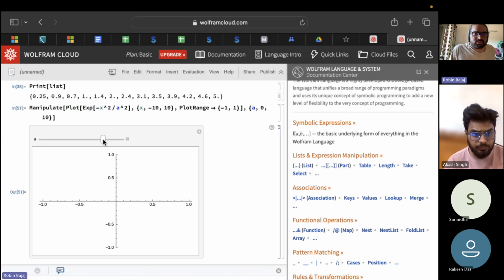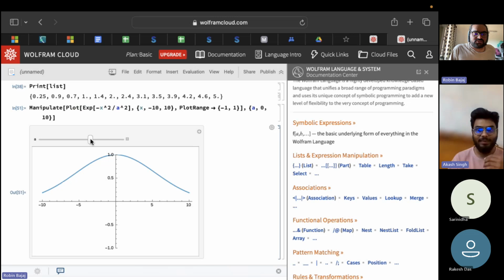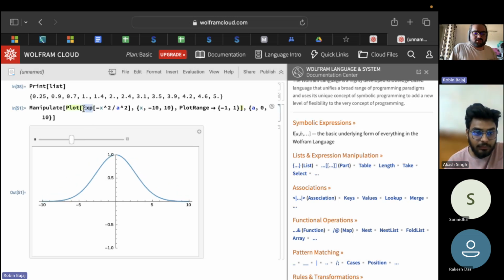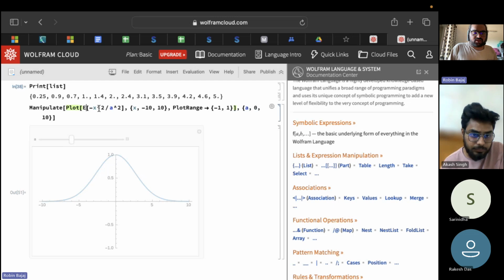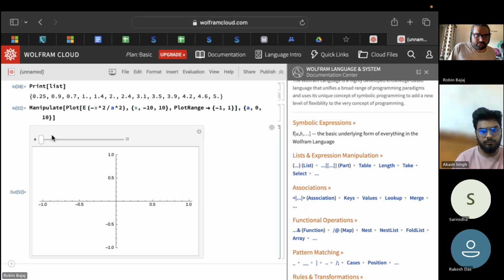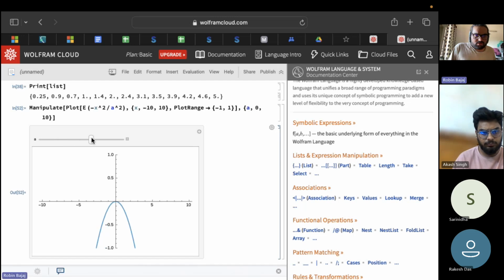Even this is not working. Oh, it was working. Let me change it to E. Why was it not working before? Okay. E should give the same thing, no? Oh, what is happening? E minus